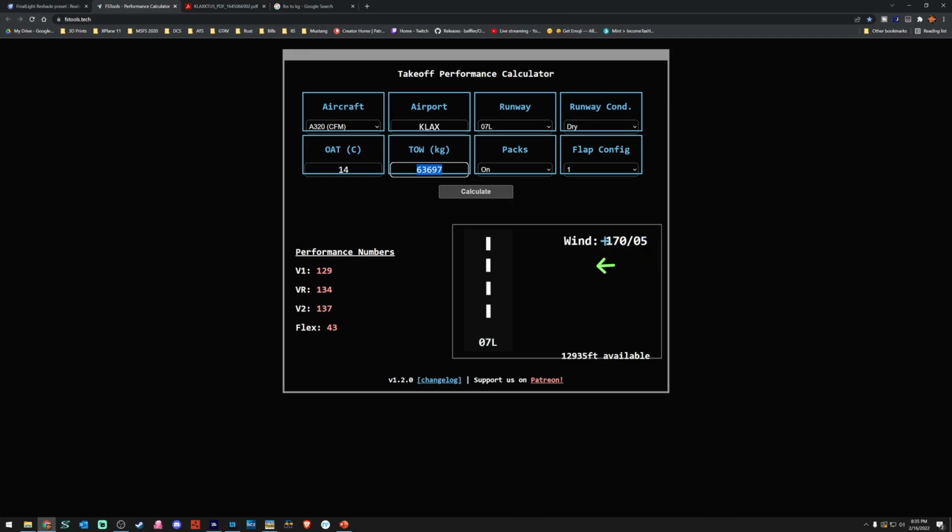Gives us our wind direction. As you can see, it actually pulls live METAR information, and it's also telling me about the runway space available, almost 13,000 feet of runway. And we have our V speeds, V1 129, 134, 137, and then that's what we're looking for right there is